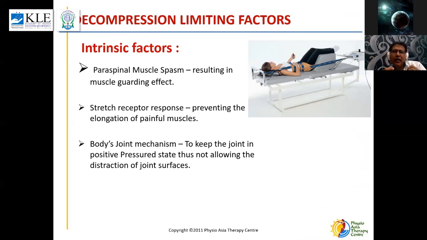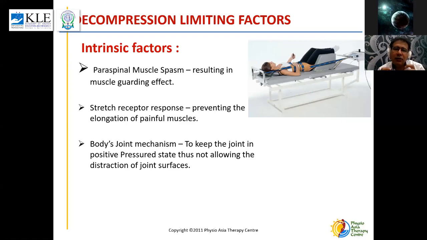Whenever we have back pain, acute pain for example, we need to look at two major groups of factors. One is intrinsic, the second is extrinsic. Intrinsic factors are built within our body, in our system. So, for example, if you have severe back pain, your muscles will go into spasm because it's a guarding effect. Our body tries to protect against any further injury, and the muscles go into a guarding effect, and that is paraspinal muscle spasm. Now, when you try to stretch these painful muscles,